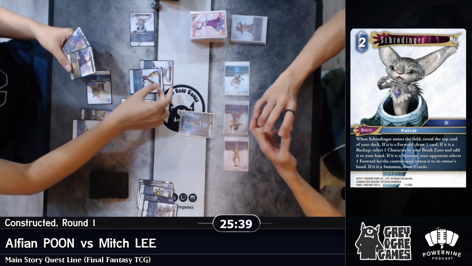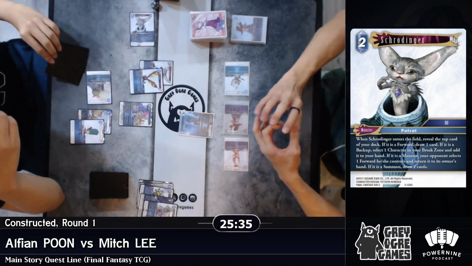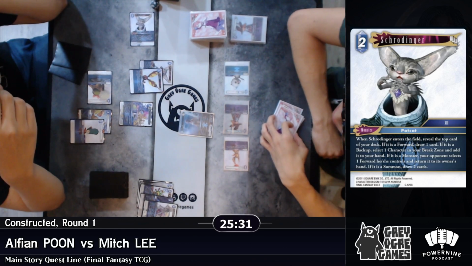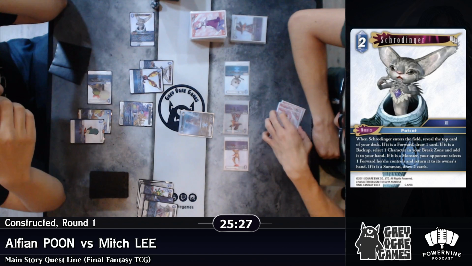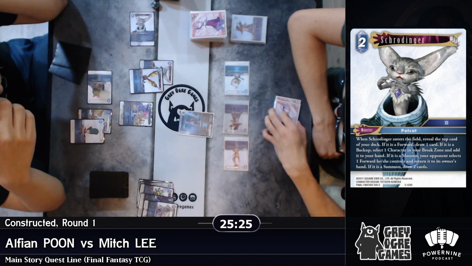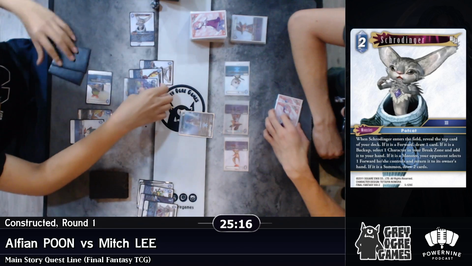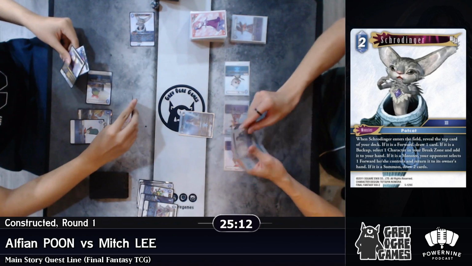They all have special abilities, like Schrodinger. Schrodinger does a lot of things. For example, when it enters the field, reveal the top card of your deck. If it's a forward, draw a card, and so on. So many things. It does good stuff. Alfian here plays it. I think he revealed another monster off the top of his deck, and if it's a monster, your opponent selects one forward he or she controls and returns it to their hand. I don't know if that was the right